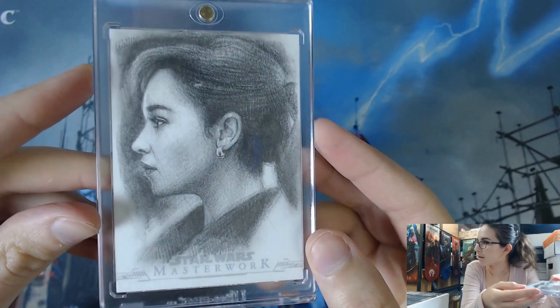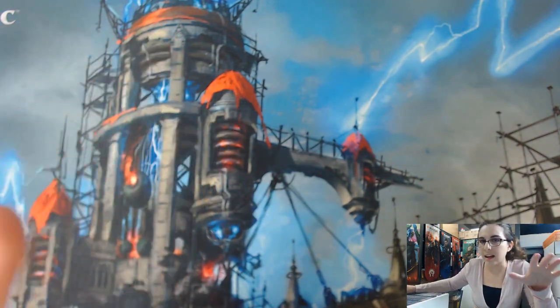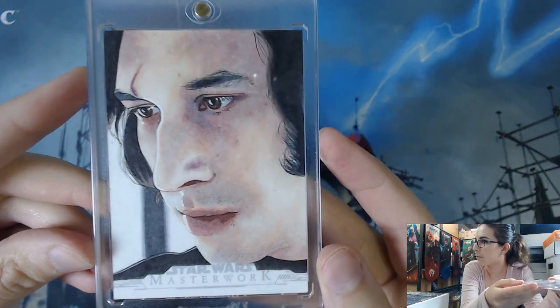I mean, Topps could decide to do Stellar again. Which, there are a few changes that I feel like Topps could make to the Stellar product to make it actually worth the retail price when it comes out. Let's say they keep the 5x7 sketches again. There are a lot of new signers they could get. You could get Donald Glover, Emilia Clarke, Woody Harrelson, Pedro Pascal,